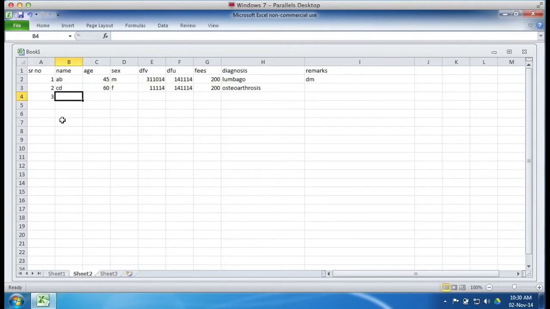So EF as the name, age could be 55, female patient, first visit could be say 30th of October, follow-up could be again 30th of November. I collected just 100 rupees. My diagnosis again was osteoarthrosis.